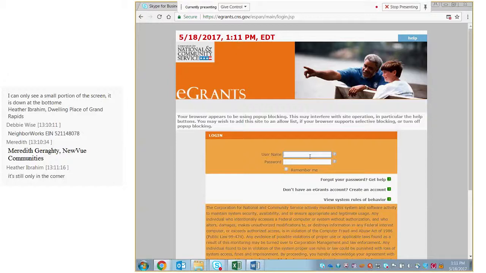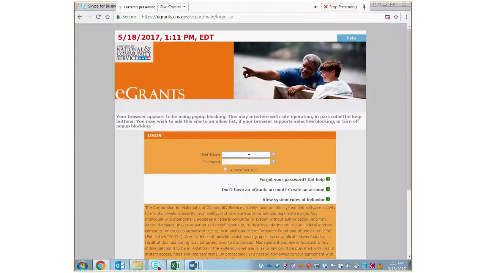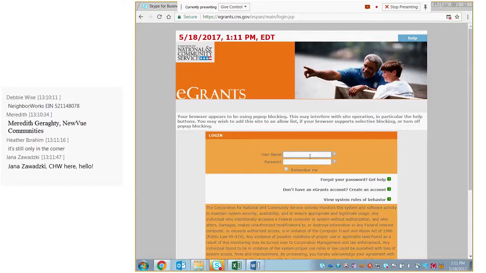A couple of recommendations. Our username and password requirements can be tricky. So with that being said, jot down your password because there are a lot of specifications on what needs to be utilized in your password, and resetting passwords is not necessarily the easiest function in our system. So I'm going to go ahead and log into our system, and we're going to walk you through the functions in the system. Please hold while I log in.